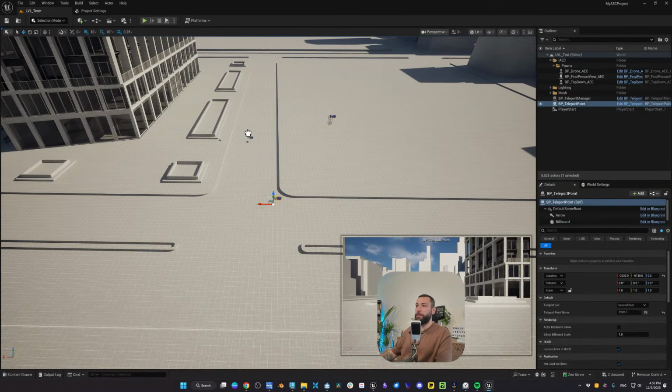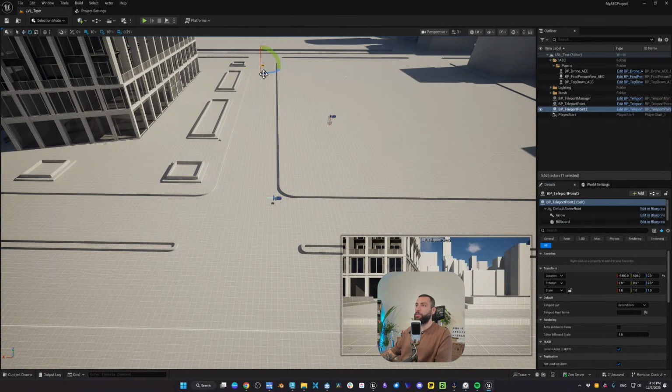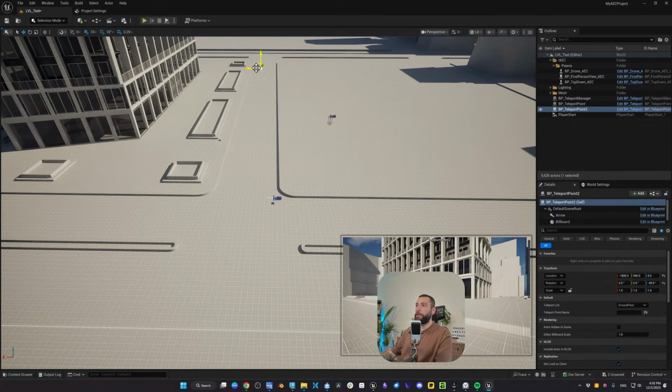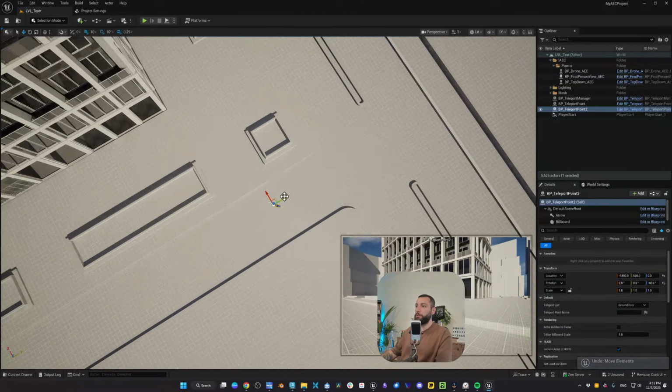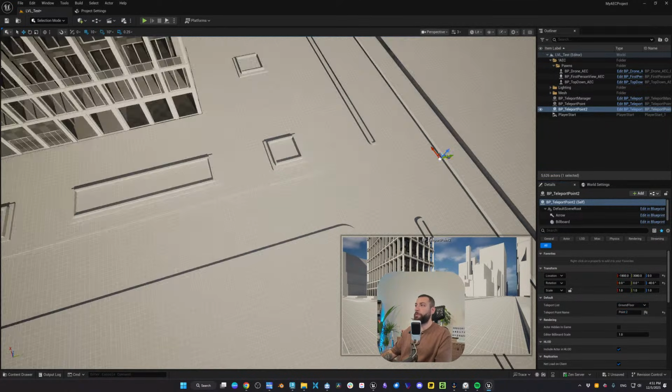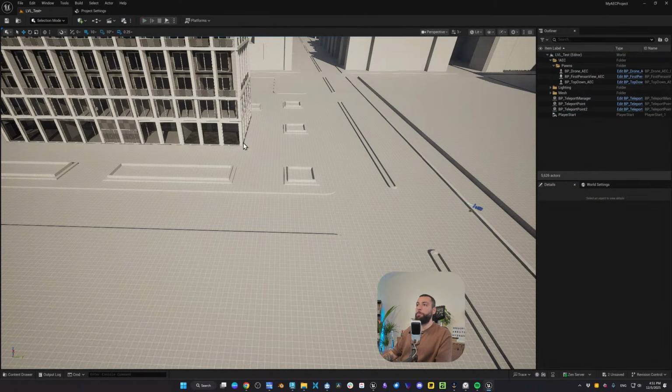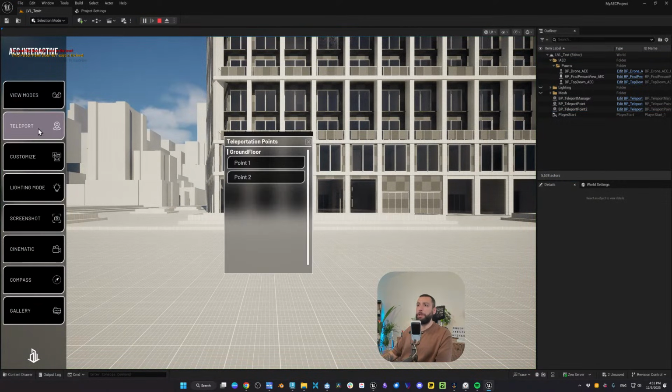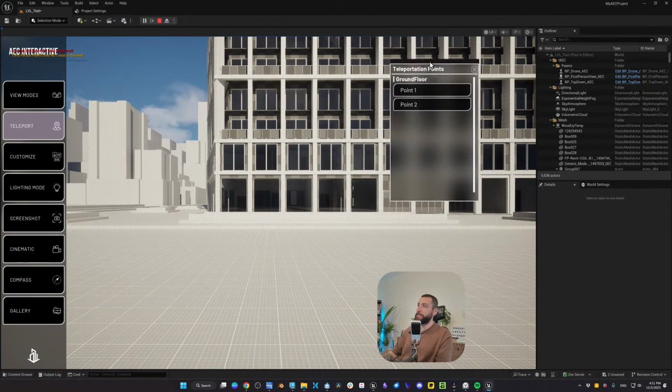And let's say this will be here a second teleportation point. Let's add it around. And let's call it point 2.